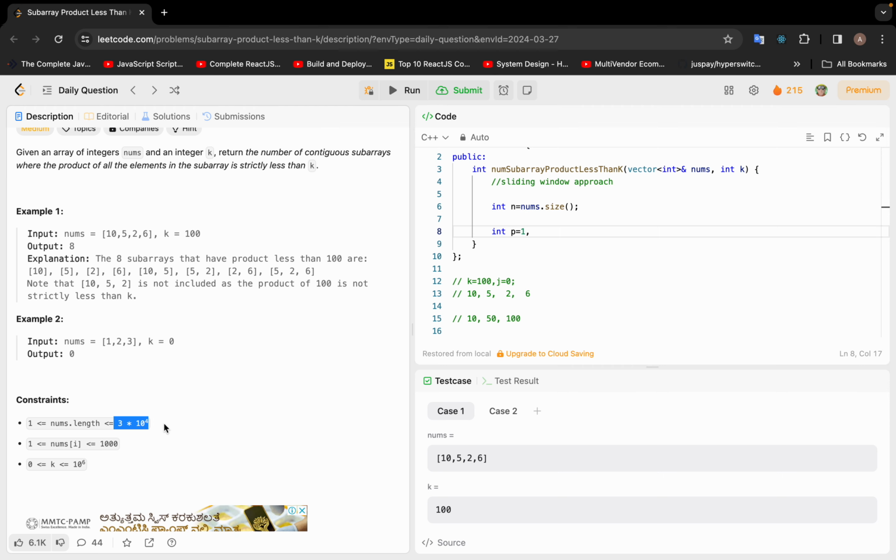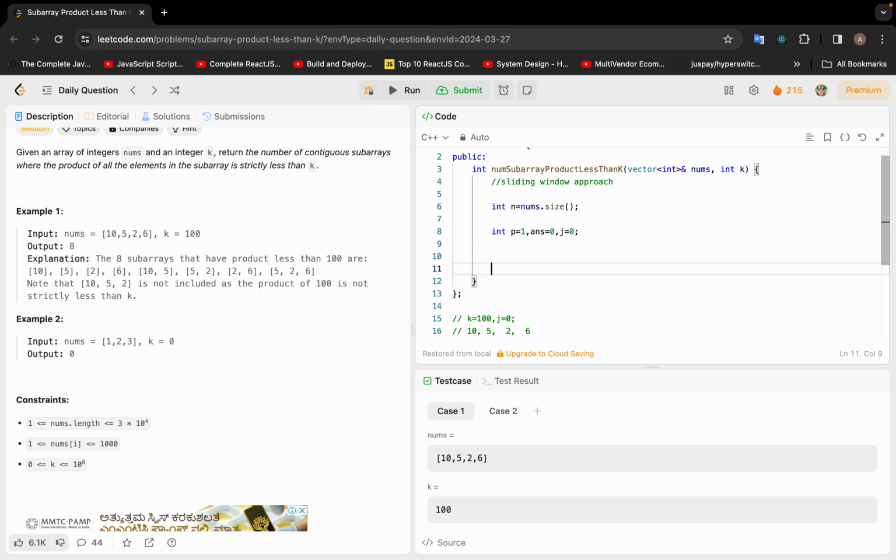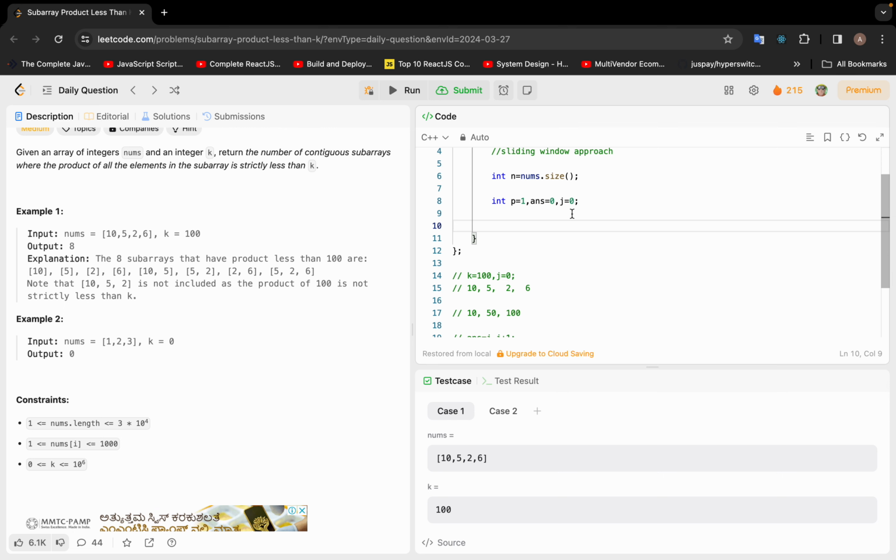Here it is given 3 into 10 to the power 4, and each num is at most 1000, so the product can only go up to 3 into 10 to the power 7 max, which can be contained in an int value. So I will also take an answer variable to store my number of subarrays, and I also need to take a pointer j, so that with its help